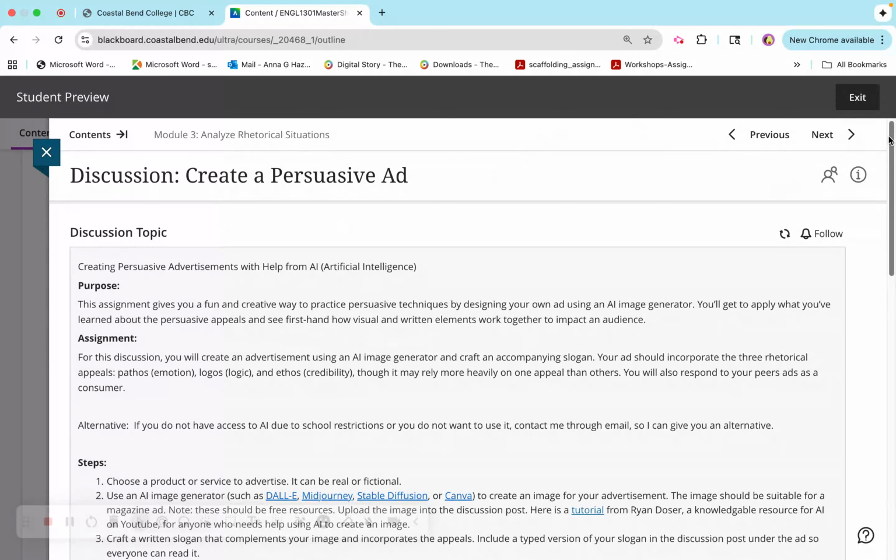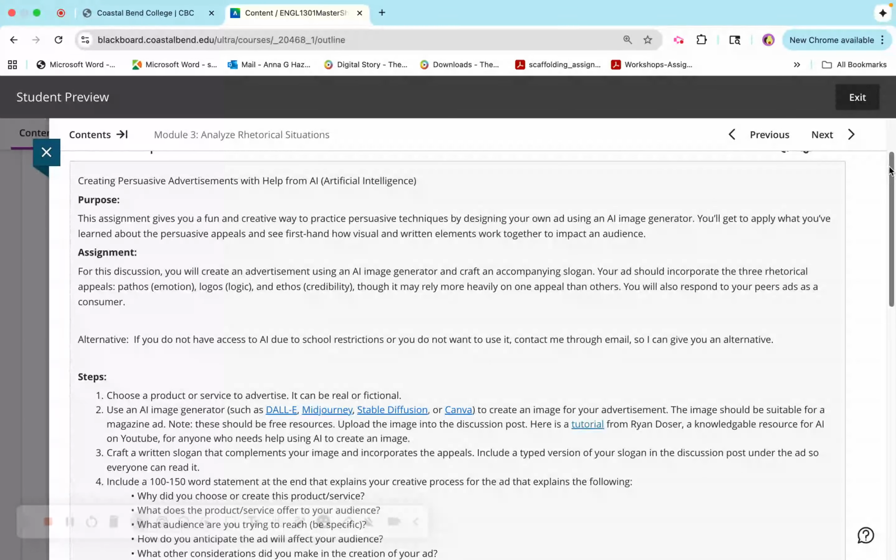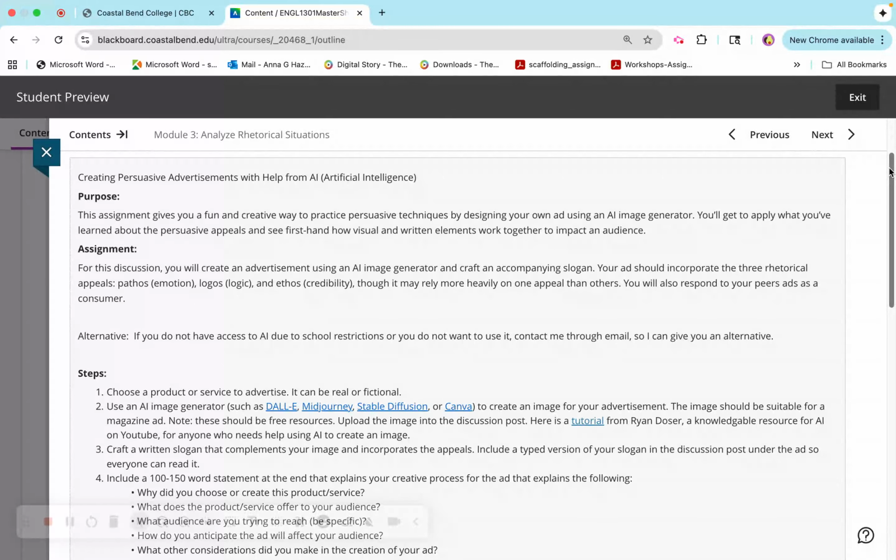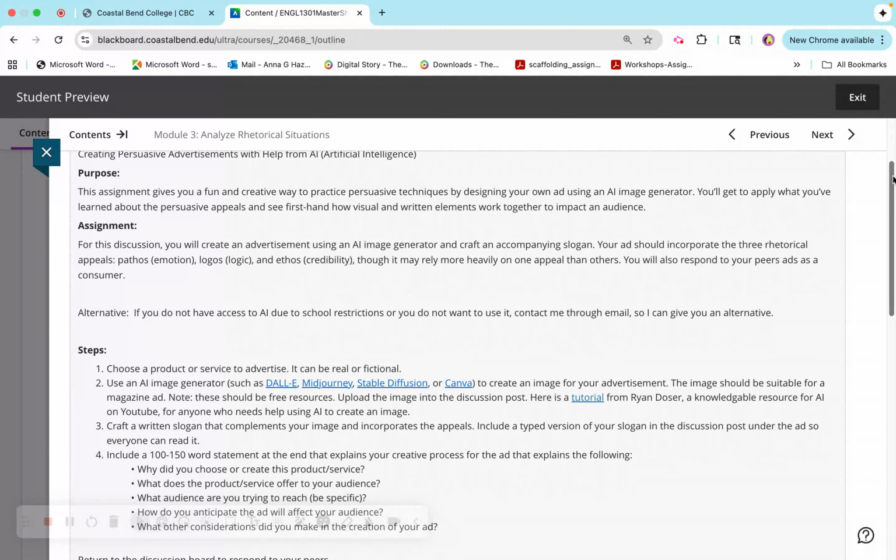So this one, I give you steps, and what you're going to be doing is creating your own ad. So by the time you get to this assignment, you've learned a little bit about what advertisers do to appeal to their audiences using those rhetorical strategies that you're going to learn about. So this will be the chance to get a little creative, which is kind of fun. And you can use an AI generator, and sometimes AI generators can be really frustrating, so I don't expect you to have some kind of masterpiece, but just some basic